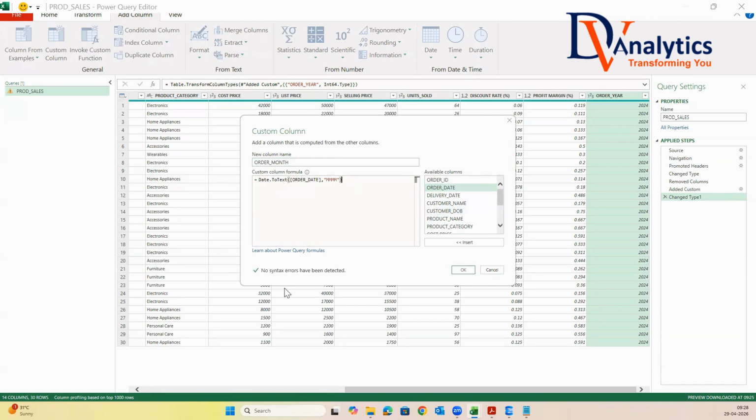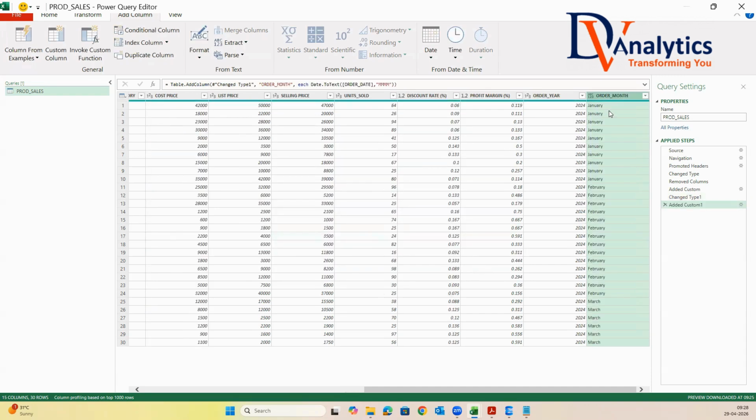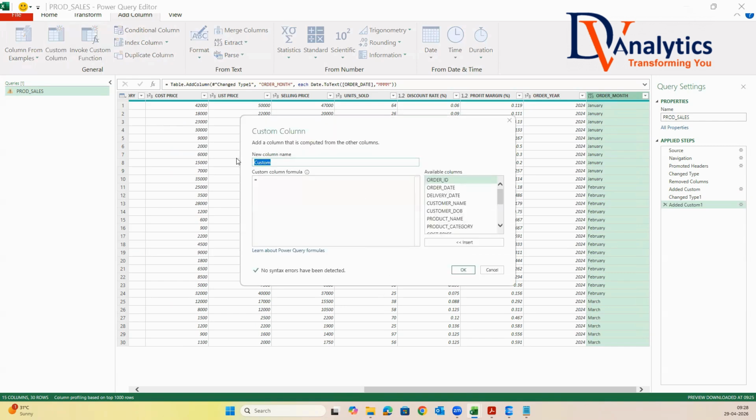The moment you do that, it's saying no syntax error. It is coming as what? Your order date is coming in Jan, February, March, something like this. Are you getting this, guys, everyone? Yes, sir. Now, it is coming as alphanumeric. That is fine. It should be going as alphanumeric. Keep it as it is. Then you go for creating something called order